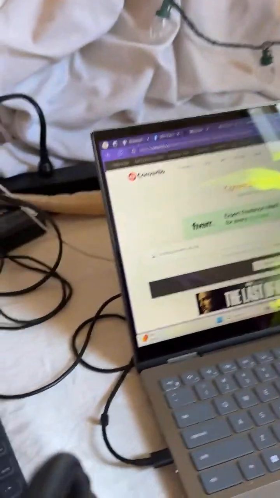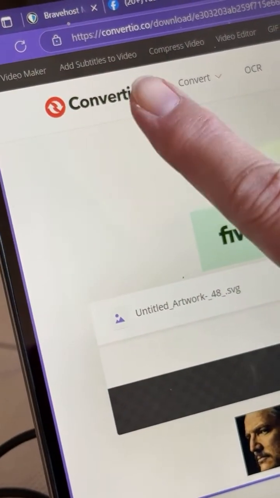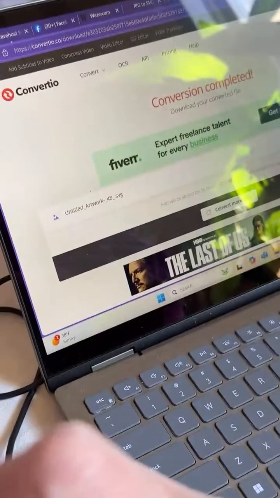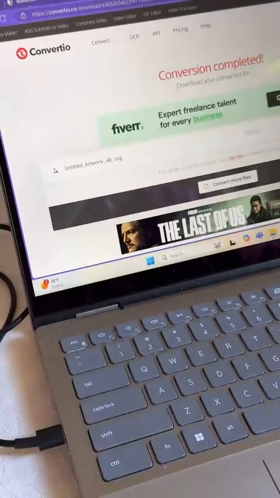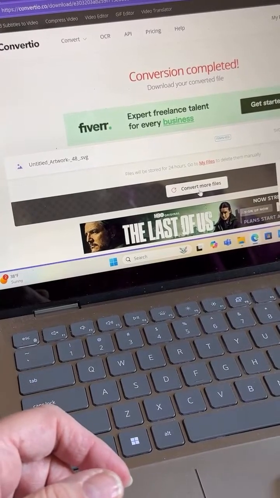So this is what I do now. I'm gonna flip you around here so you can see. There's a great conversion file website. Let me zoom you in so you can see. Screenshot that. This is a great conversion site. There's ads and stuff on there, but you don't have to download anything. There, now you're not getting the glare from the window. So here I'm gonna convert more files,